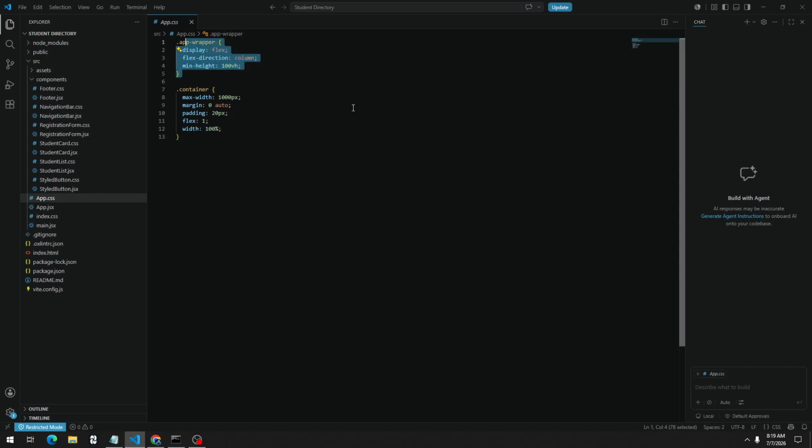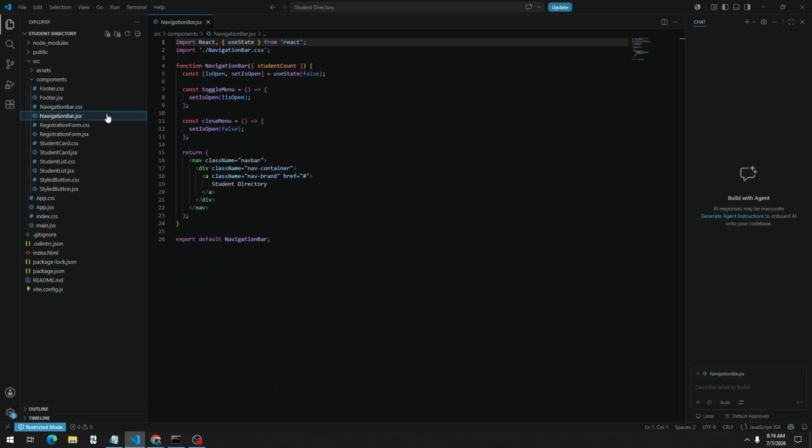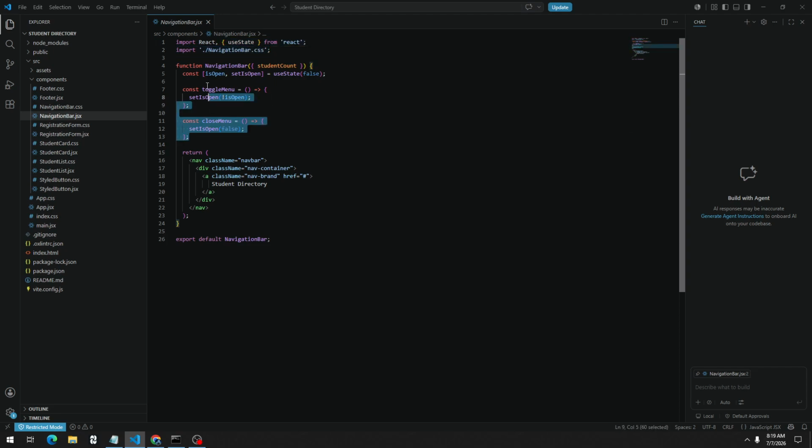This is the main wrapper that uses flexbox to push the footer to the bottom, and this container is the main container, to center and limit width. And this is my navigation bar JSX, to import React and use state, and this is my import style. And this function is the navigation bar component that receives the student count as a prop, and this one is to